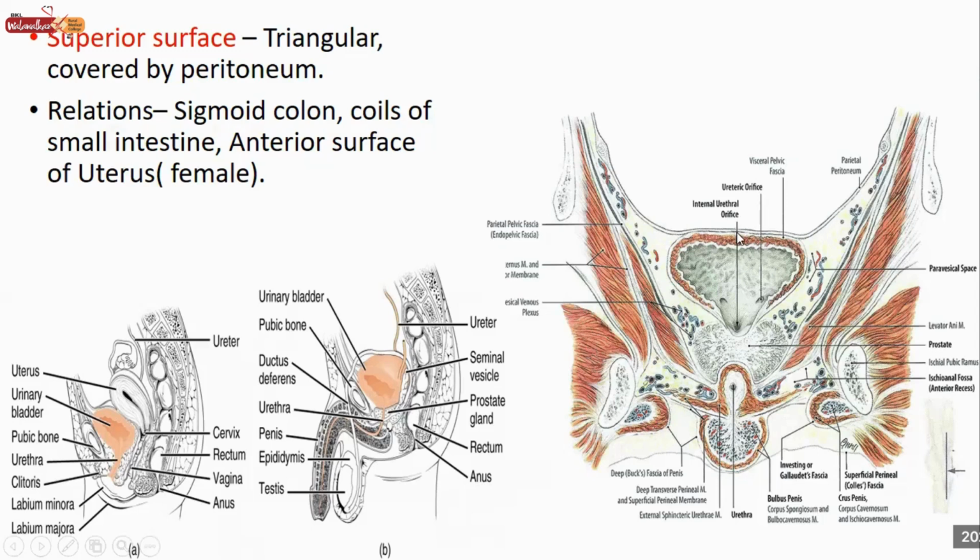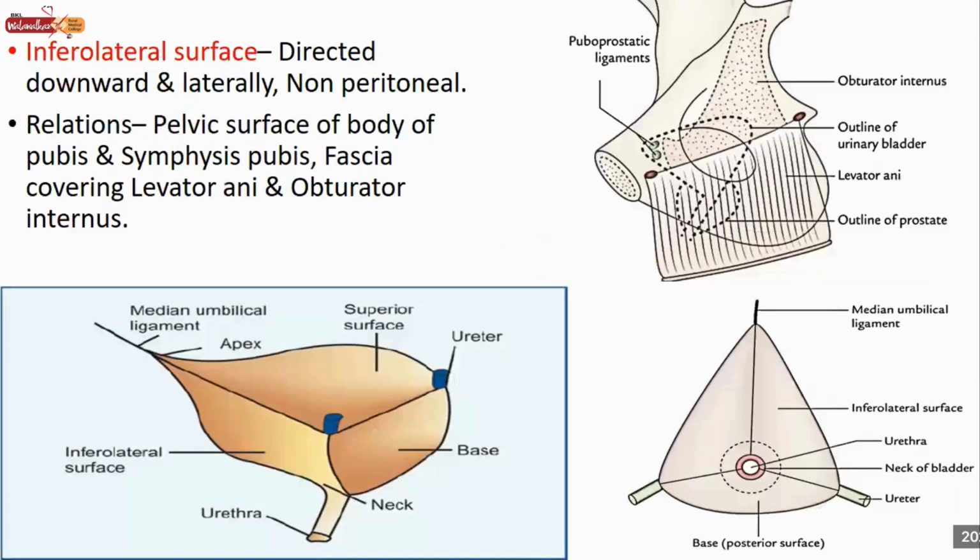This is the peritoneum, and above that it is related to the sigmoid colon on the left aspect, and also the coils of the small intestine. And in the female, you also get the anterior surface of the uterus when the uterus is anteverted. Then coming to the inferolateral surface,